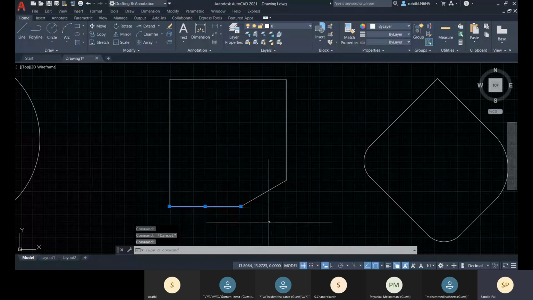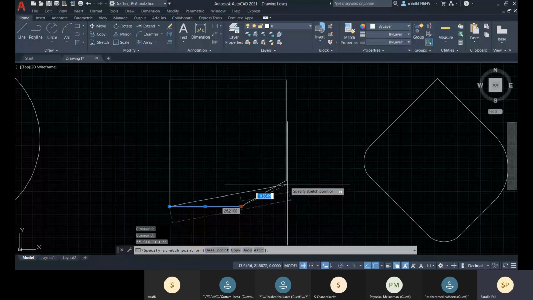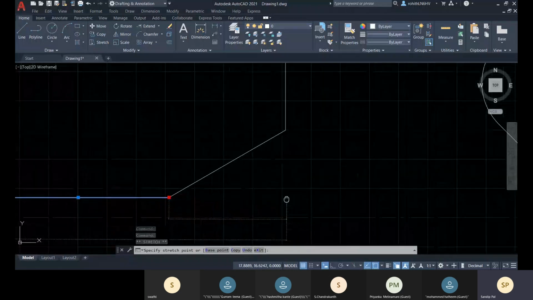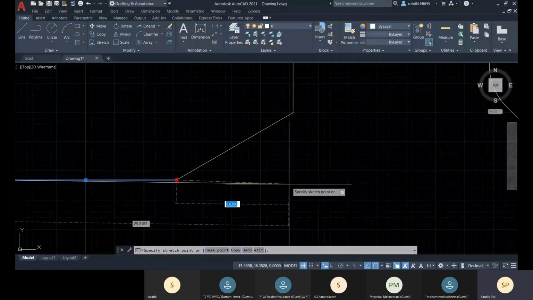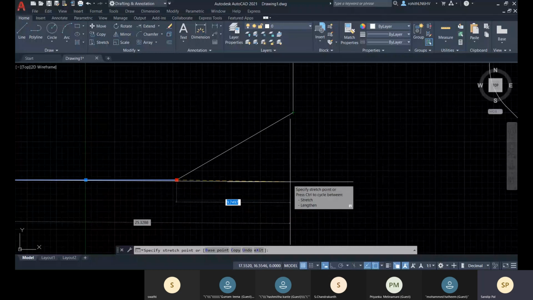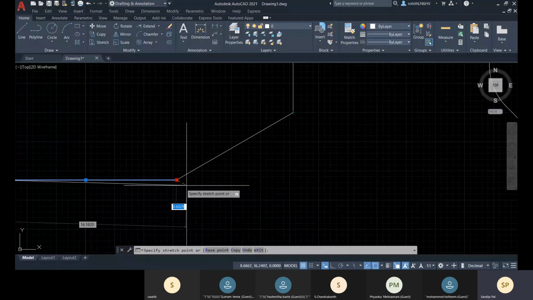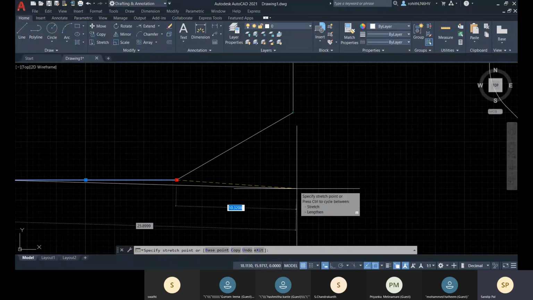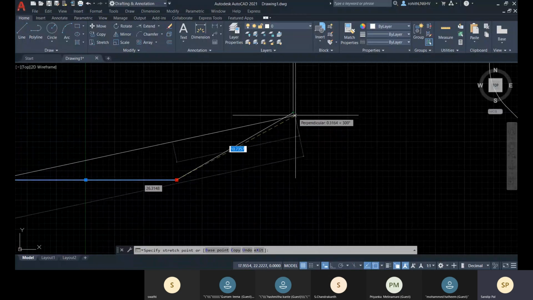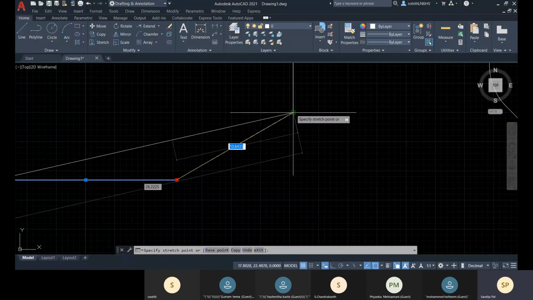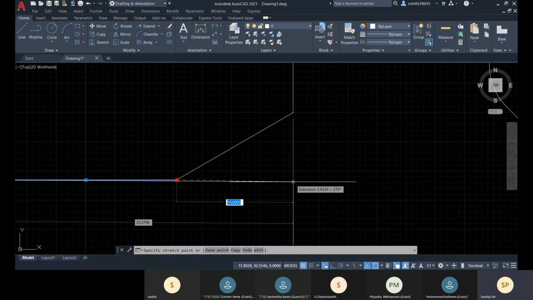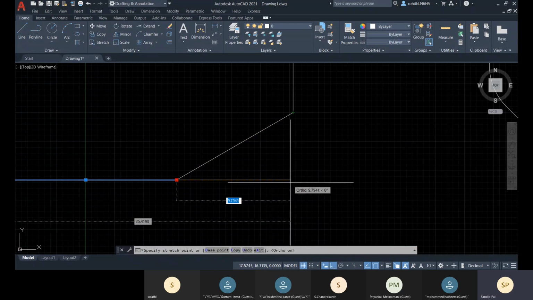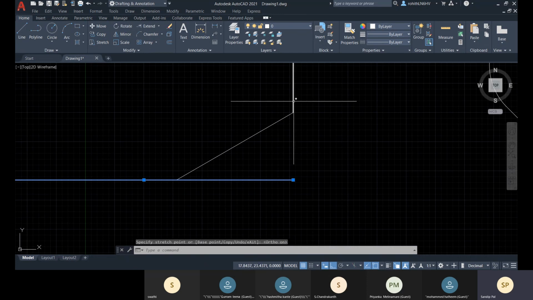And I can increase this to this. So I can track this snap point there with the object snap tracking option. The shortcut is F11. So that is the object snap tracking mode active right now, and I'm tracking this snap over there. Like this extension point will meet here, so I'm tracking it, and let me turn on the ortho mode, and here it's going to meet, and here.